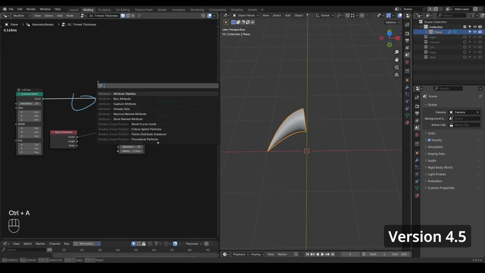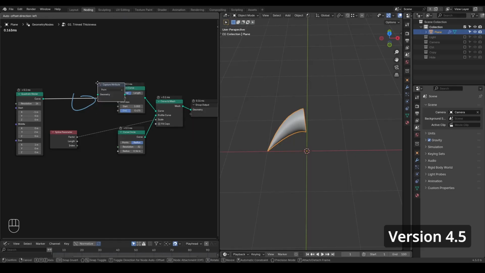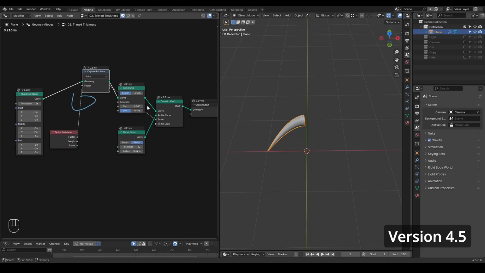To preserve the original state before trimming, you can use capture attribute node. This way you can store this spline parameter at this geometry at this specific moment, before it's affected by any trimming process later. And now if we plug this capture attribute result to our scale input, you can see we have our previous